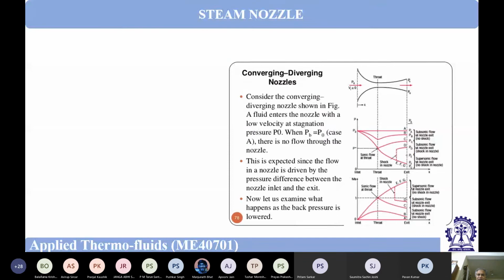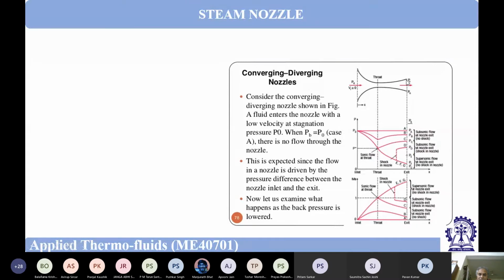Actually, this is the diagram I was looking for. Let us spend certain time on this particular diagram. Let's say this is a convergent divergent nozzle. Can you see this? Of course, I have sent you the PPT, so you can have a look at leisure also. But now just give some attention. This is your convergent portion. It is converging very quickly but diverging with a slow slope.